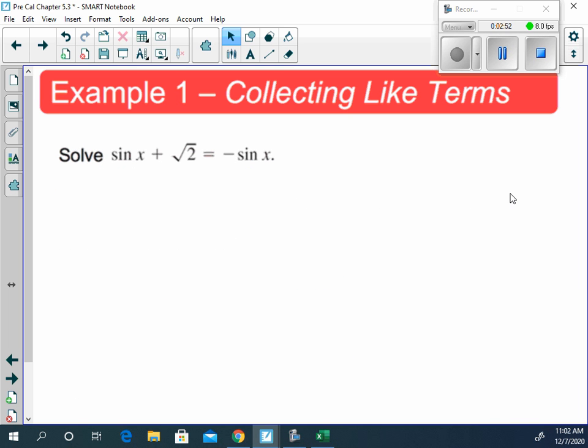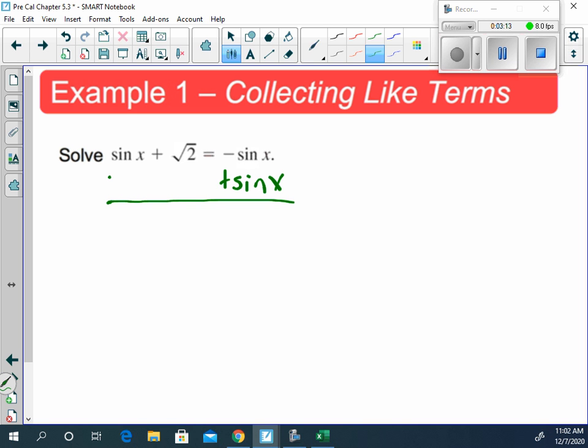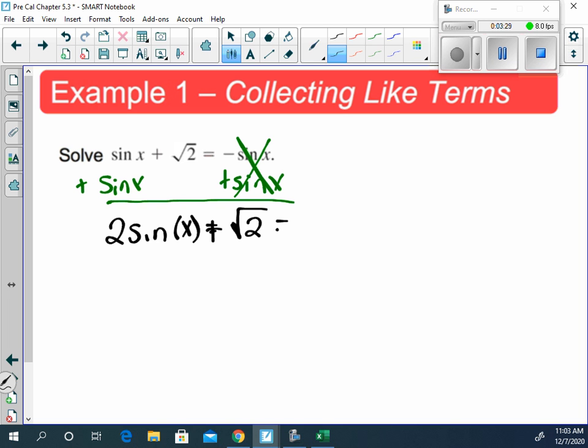And you'll see it. Okay, well, let's just solve one. It's going to be a little bit easier to see when we actually work one out. So sine x plus the square root of 2 equals negative sine of x. Well, let's get sine on one side and everything else on the other, kind of like getting x by itself. The first thing I can do is add sine of x to both sides, because negative sine of x plus sine of x will cancel out. So I get 2 sine of x plus the square root of 2 is equal to